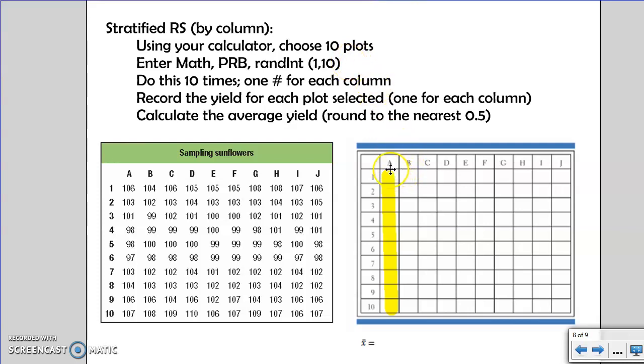So in this first column, which columns go down this way, if our first report from the calculator doing randint were a 5, we would come to this first column and say 1, 2, 3, 4, 5. We would want the value from A5. So the value from A5 over here is 98. We would report that 98 right here in this